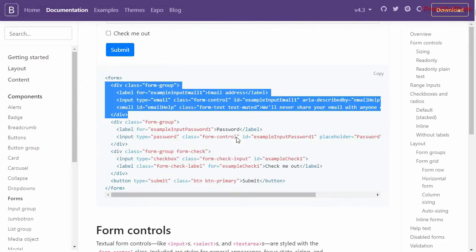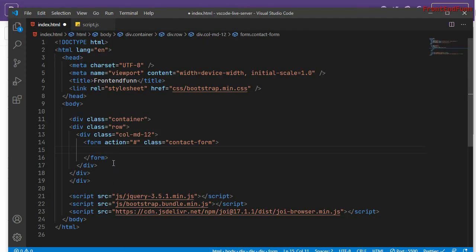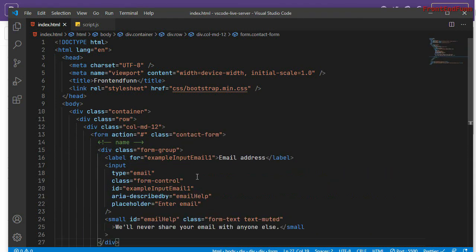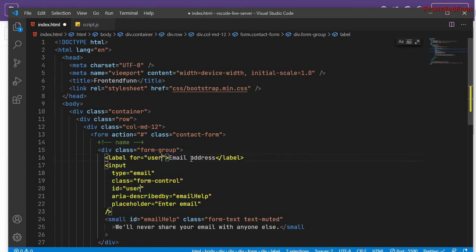So just go to the Bootstrap website and copy the form group from here, and this will be the name field. Okay, so let's change all the for and id to name. Okay, so first will be username. So I'll just make this as username and this should be name.